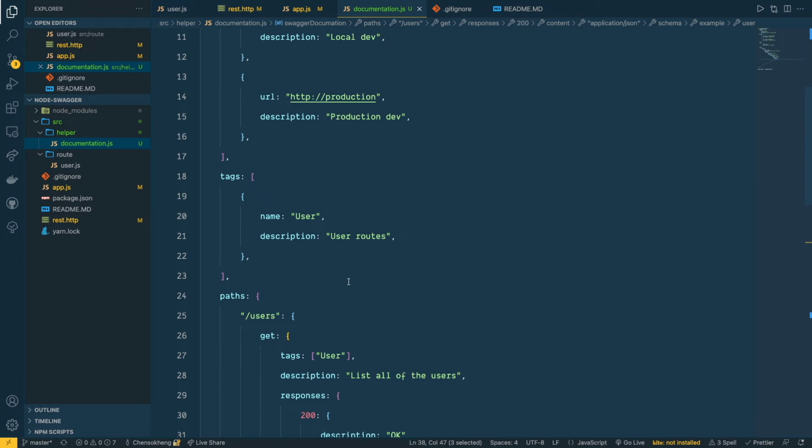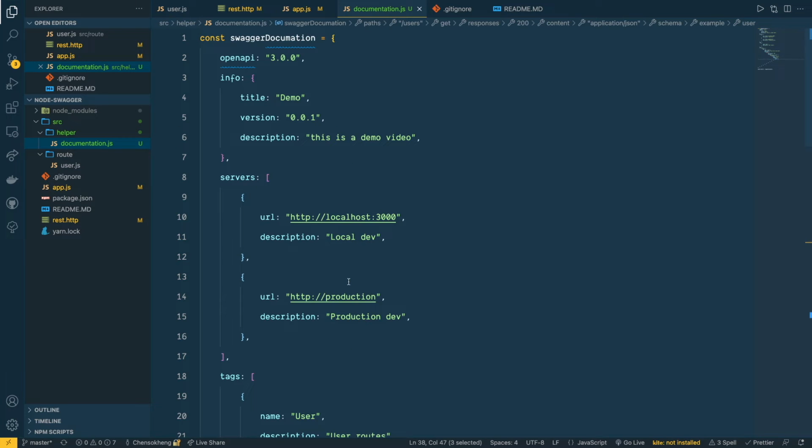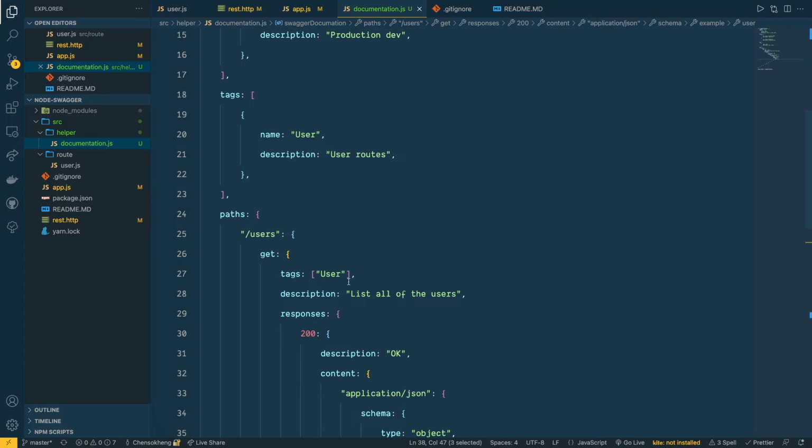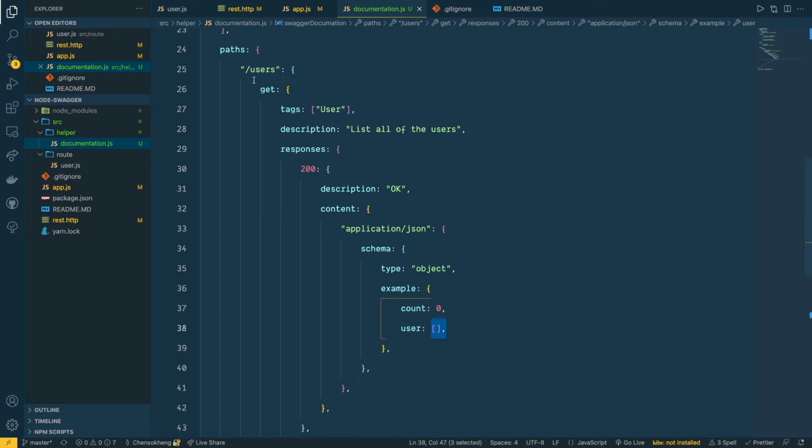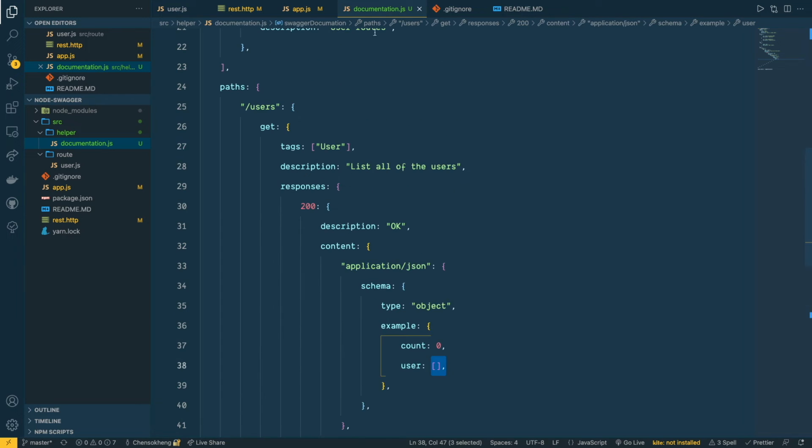All right, so I think that's pretty much it for our GET. But look, right now it feels like this one is going to be messy. If you imagine you have 10 routes, you're not going to want to put them all in one documentation right here. A better way is that you have your route, you follow your route, and then you can create like a